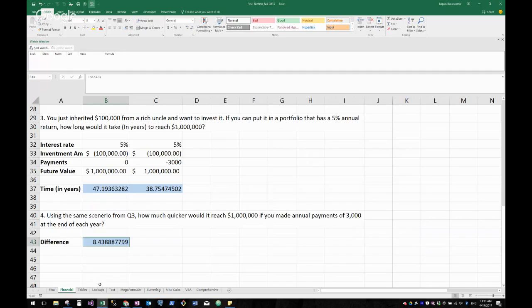Any questions on financial formulas? Yeah. When I did this on my own, I was just referencing cell B minus cell C, except it gave me an error, and so I had to paste just the value and then copy down the difference. It was struggling with subtraction basically because I'm using formulas. So